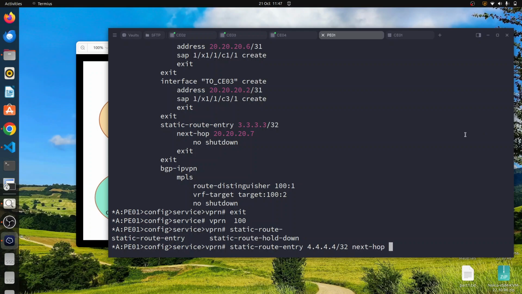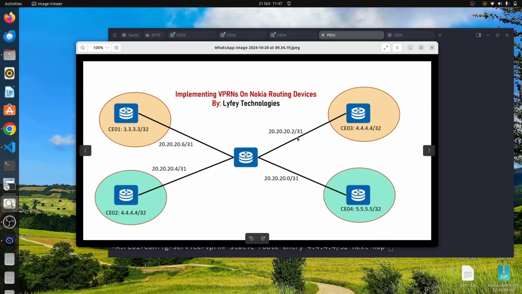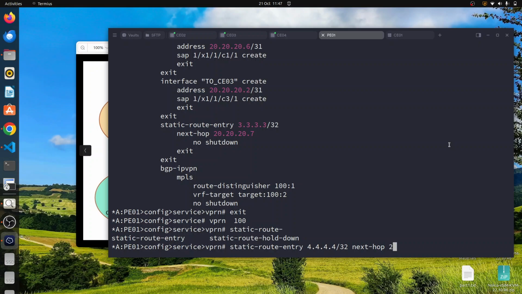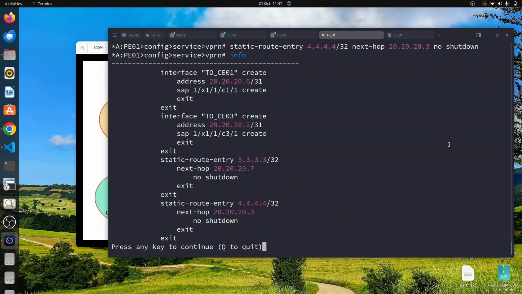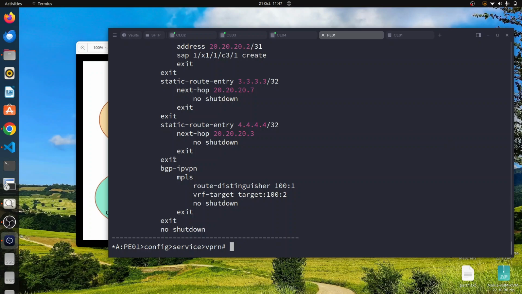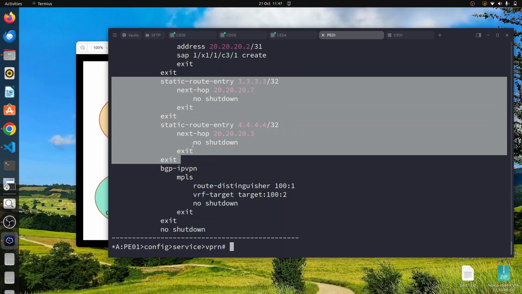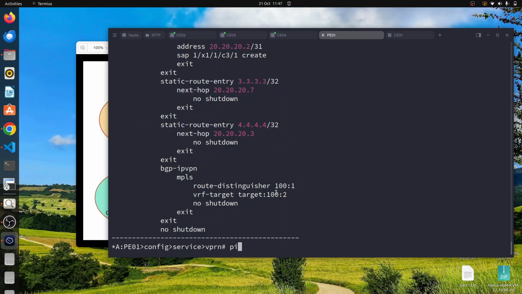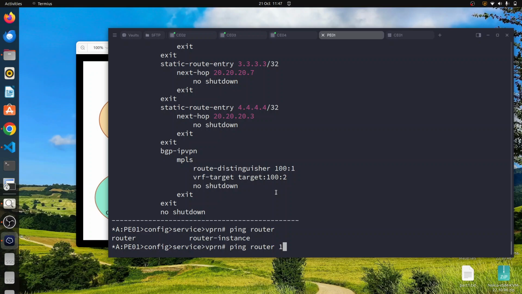Next hop should be the interface connecting, this is .3, no shutdown. If you do info, you can see that we now have two static routes under this VRF. Of course, if we try to ping router 100 4.4.4.4,